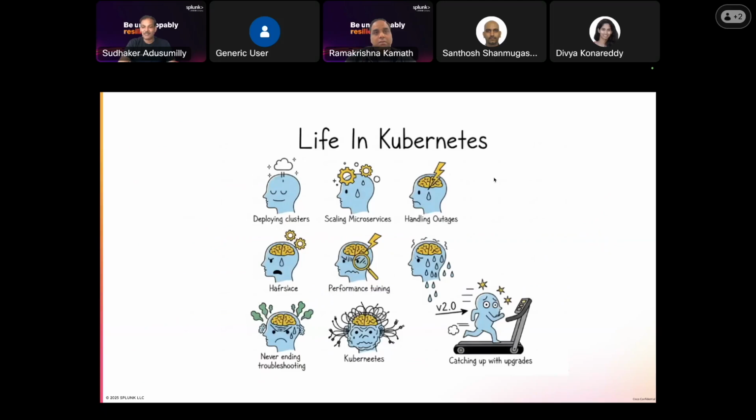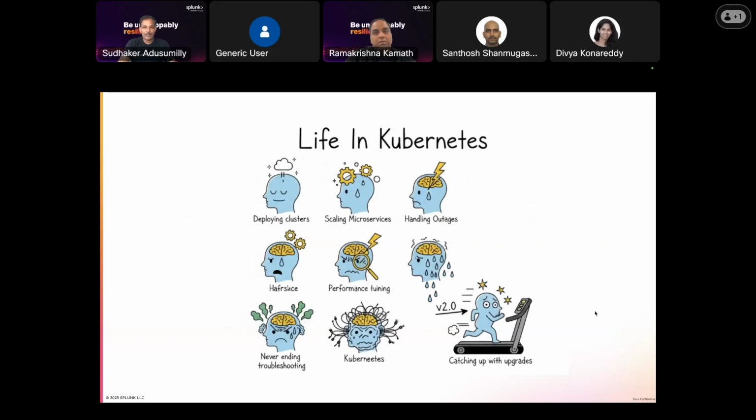I really like this meme when thinking about Kubernetes. When you first start working with Kubernetes, it feels amazing. You can deploy applications in seconds, scale with a command, and watch everything auto heal. But then comes real life, the 2 a.m. struggle, the intermittent latency spikes, the pods that keep restarting for no obvious reason. Suddenly you're juggling YAML files, load balancers, node groups, and 5 different monitoring dashboards just to answer one question: